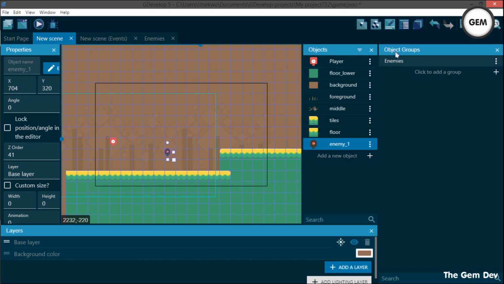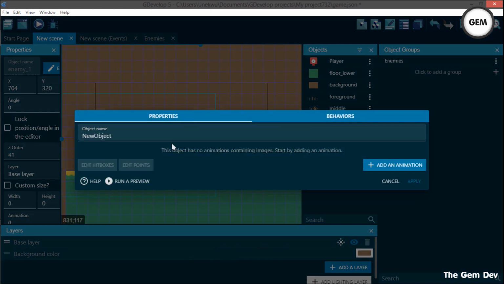Okay, so next up, let's add some objects. Before we go to our event, sorry about this, let's add some objects, which would be the right and left. This would help our enemy know when to move right and when to move left. So add new objects and sprite. So name this object, here we go, left, add an animation and add,